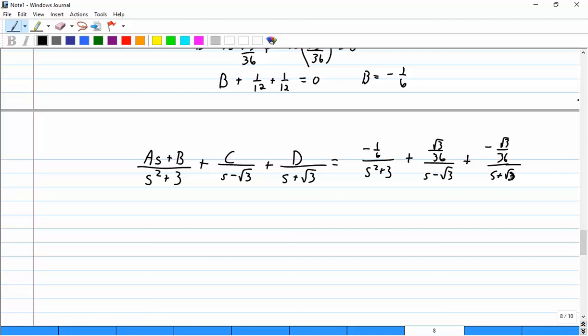All right, so if I take the inverse Laplace transform of all that, that fits the sine formula. I have to, if I put a, let's see, a equals square root of 3, so I need a square root of 3 up here. So I have to bring out a 1 over square root of 3. So that's negative 1/6 times 1 over square root of 3 times sine of square root of 3t